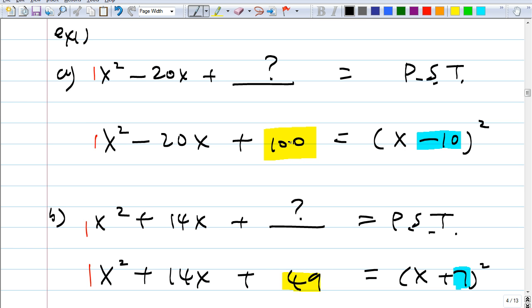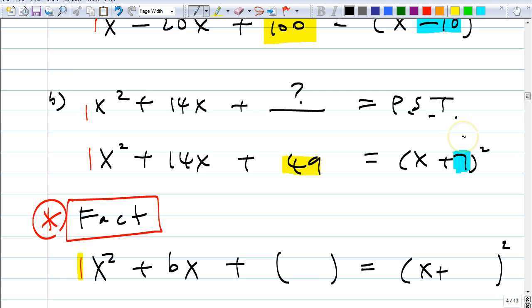So this is always going to be true, and this was easy because the leading coefficient is 1. If it was not 1, then it's not going to be this easy. Does that make sense? Okay, so keep that in mind. Now, let's see if you could actually do this for a general formula here. Okay. So if this is true,